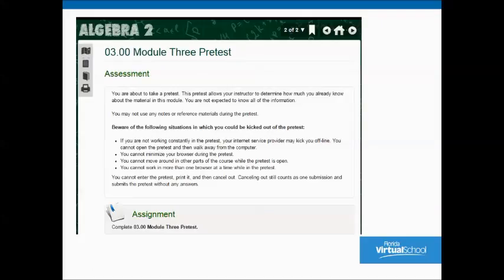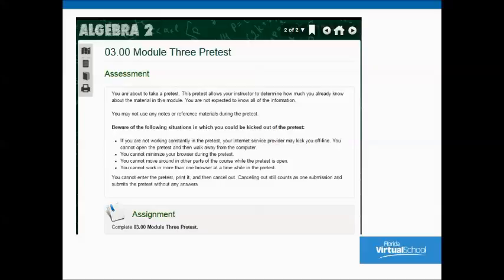At the end of the introduction lesson, students are directed to complete the pretest to assess their prior knowledge of the module content. As I mentioned in the overview training, it's a best practice to encourage students to put forth their best effort on the pretest since their performance helps determine which lessons and assessments they will need to complete